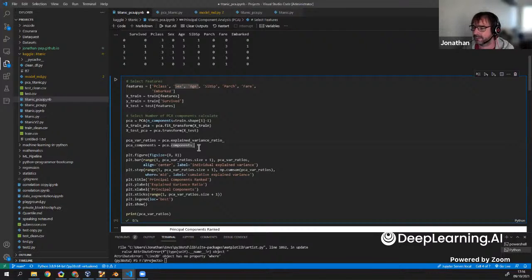So what PCA would do is score or give a percentage of the significance of each feature, and we can loop through, and then we can also choose how many features we want, or how many PCA components we want to have a look at. So generally we're going to say, okay, let's have 7. In this case, we'll look at 7 PCA components, as we have 7 features, and we'll run through it 7 times